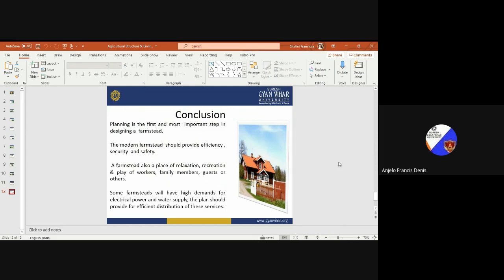For this reason, at the planning stage itself, proper steps have to be taken for installation of energy harvesting devices like windmills, as well as solar panels,